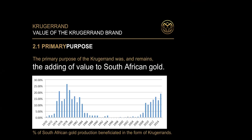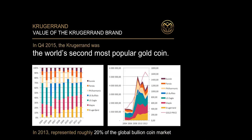So the primary purpose of the Krugerrand was and remains the adding of value to South African gold. You can see in that graph, since 1970, the percentage of South African gold production that has been beneficiated by the Krugerrand. You can see the impact of sanctions which hit in the late 80s and 90s, which basically put the Krugerrand to sleep before it was unbanned in 2001, and then it really picked up and became one of the big players. I'm showing you graphs that are 6 years old, but you can see even then, and I believe the situation has improved since then,